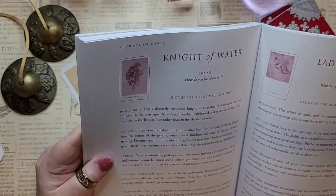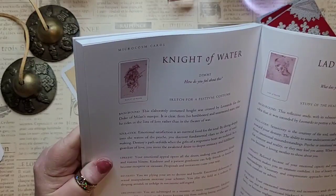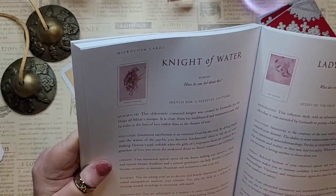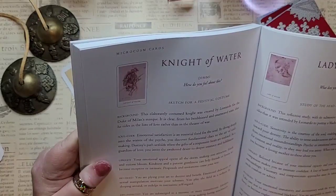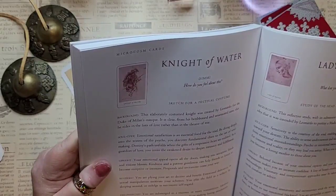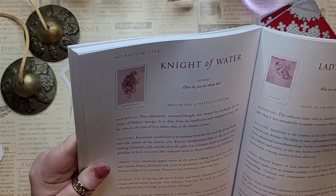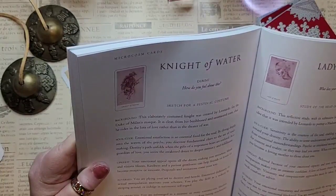richly costumed knight was created by Leonardo for the Duke of Milan's masque. It is clear from his beribboned and unarmored state that he rides in the lists of love rather than in the theater of war. Soul code. Emotional satisfaction is an essential food for the soul. By diving deeply into the waters of the psyche,